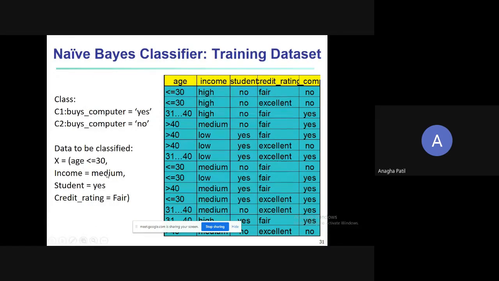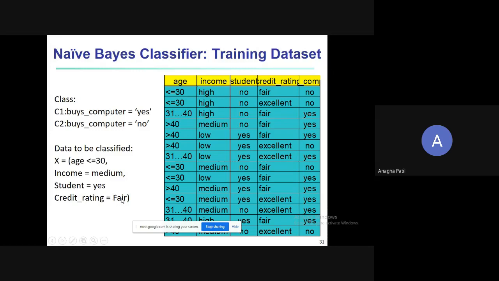Next is income equal to medium with buys computer yes, and income equal to medium with buys computer no. Student equal to yes with buys computer yes, and student equal to yes with buys computer no. We're not going for the other values of these attributes; whichever is listed in the test set, we'll go for that only.